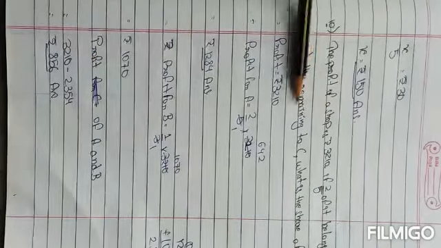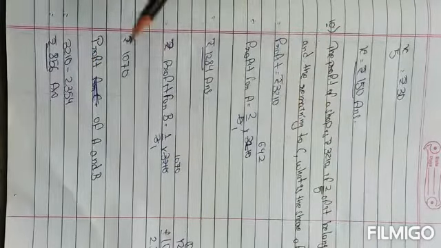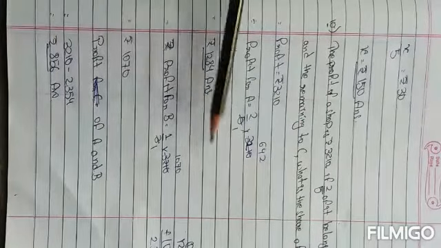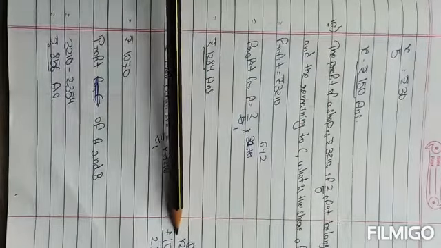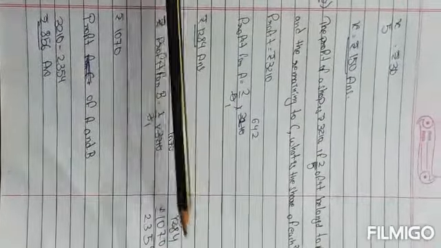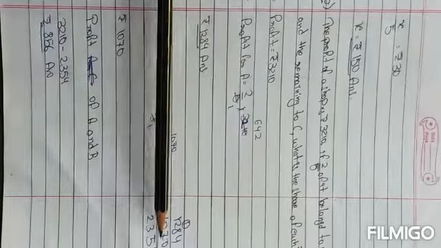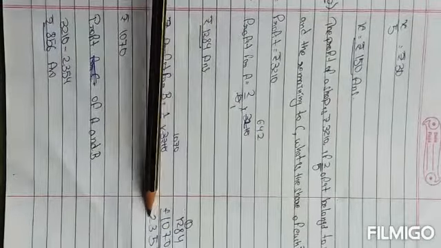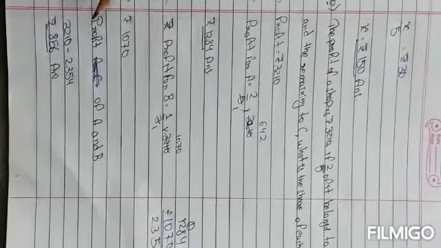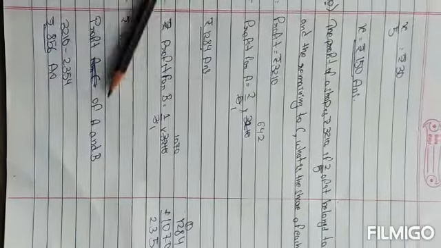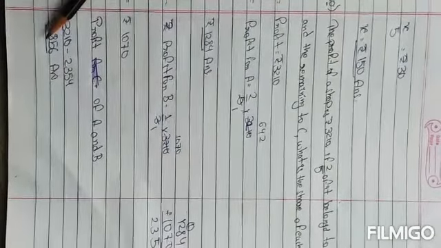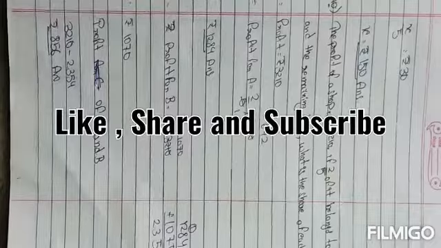Then after that, what you have to find? You have to find the remaining amount to C. Then right here, profit of A and B. What is total? The profit of A and B, it's given here. Here it's given 1284 plus here 1070. Add it, you will get 2354. Then after that, what you have to do? You have to subtract with the total amount minus A and B. Both of the profit of A and B, you have to subtract. You will get rupees 856 answer.